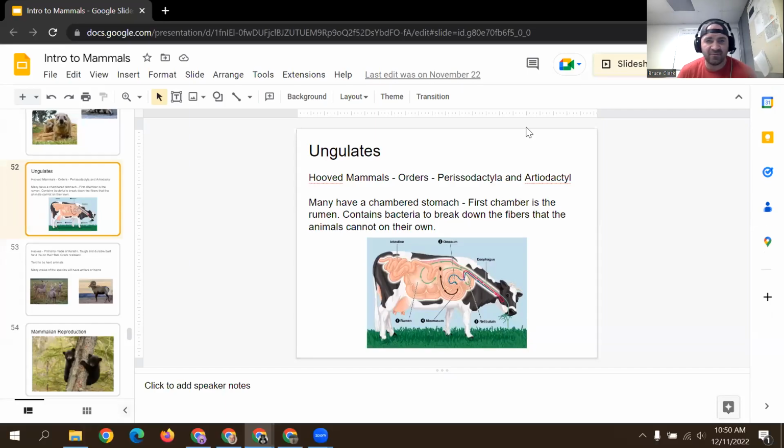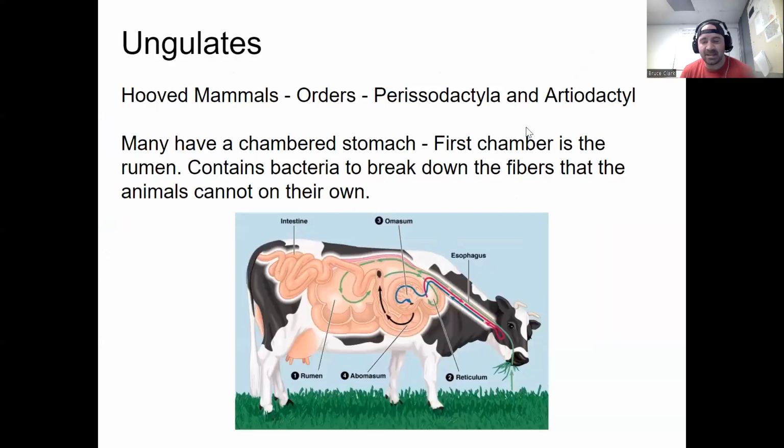All right. Hey, very short bit today, continuing our talk on mammals. This is one of those things that we could spend an entire course diving into, or, like we're doing here, just kind of hitting the basics on a lot of them as we go. I do want to bring up a little bit about ungulates. I mentioned them when we talked about the Perissodactyla and the Artiodactyla